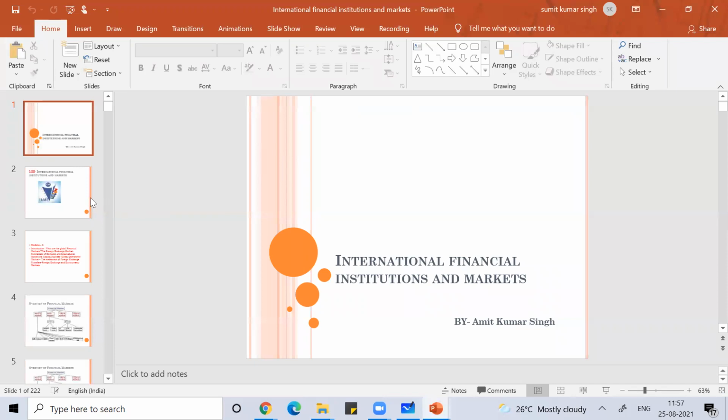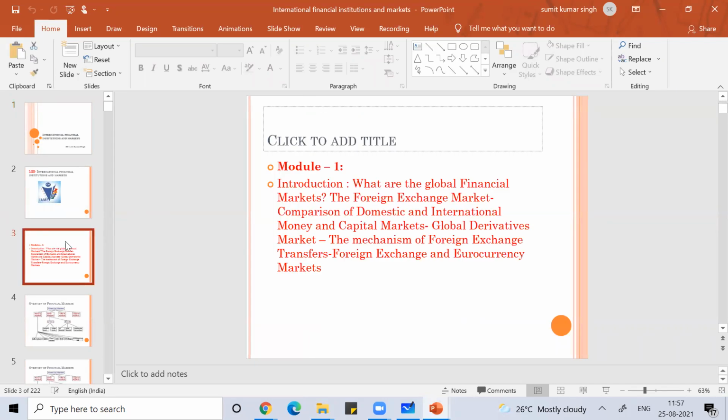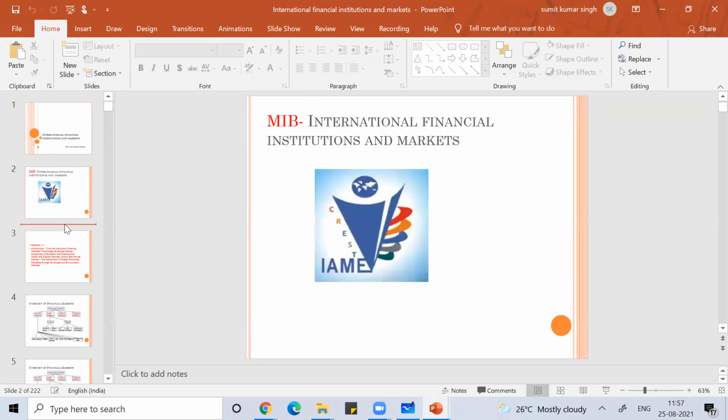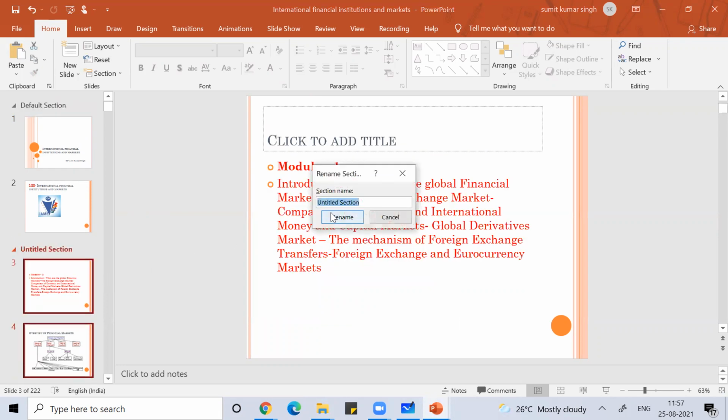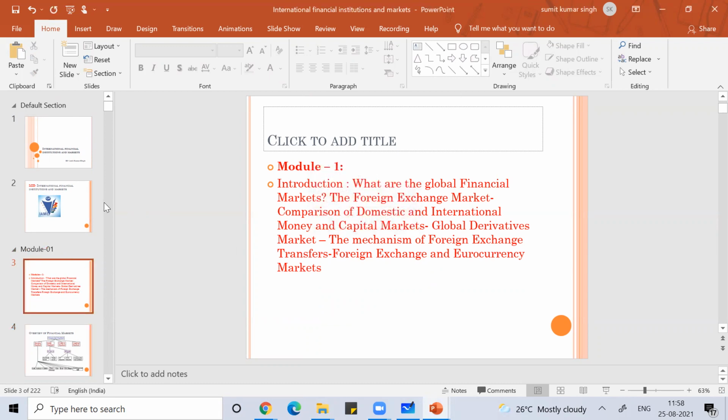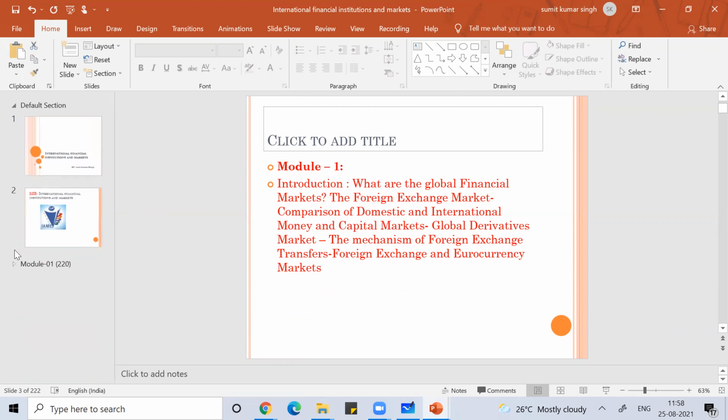That's why I tell you to use updated versions. Now if I right click, the add section option came. Can you see the difference? So I give the name and heading Module 01 and rename it. I created this section, Module 01.